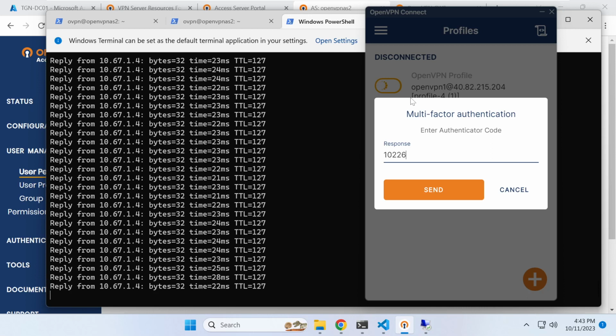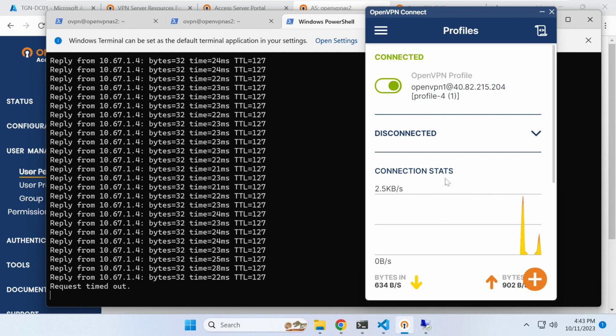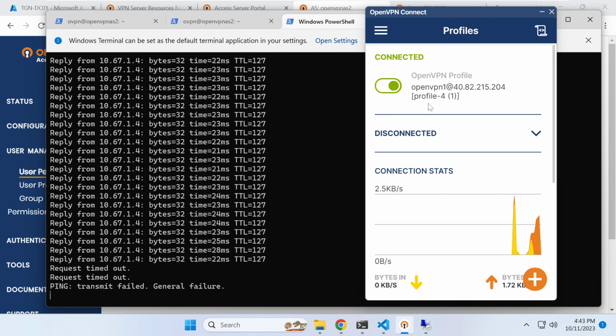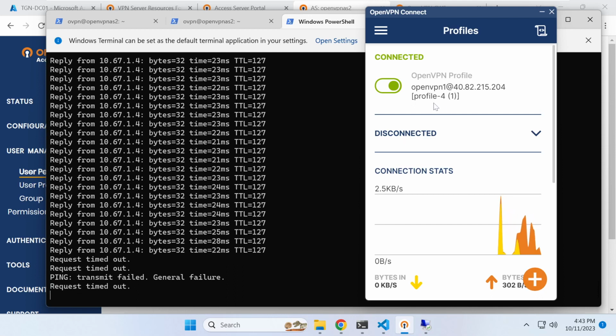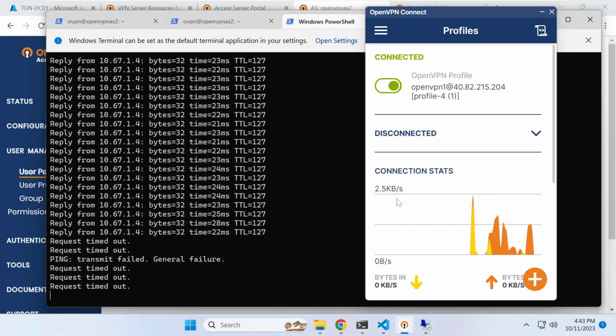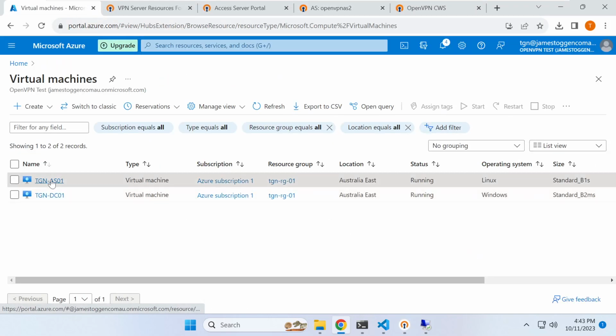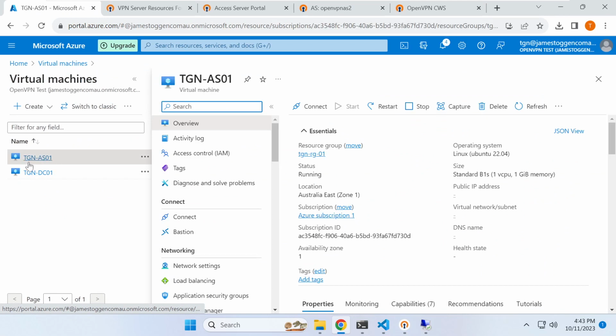It's 192.262. And now we're seeing that, yeah, general failure, it's not going to work. Now that's because once we switch over to routing mode, it will not transfer the traffic. There's a number of different problems that we've got to solve in order for traffic to be routed rather than NATed. So the first problem, let's go to our virtual machines, is that our access server is now having to